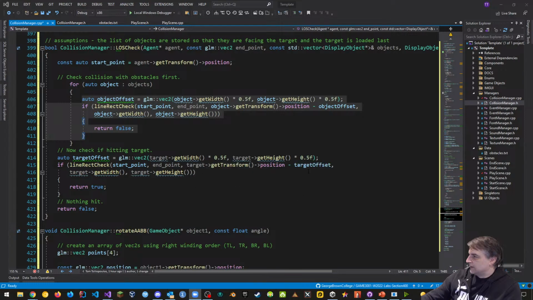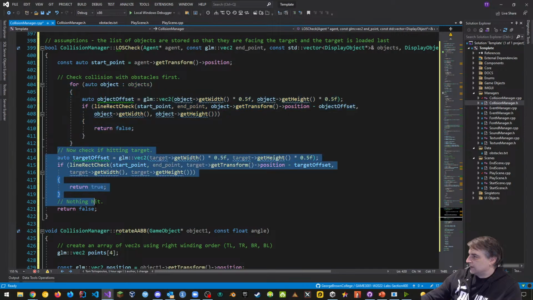And then we're drawing the same line rect check right here, where if this line rect check is true, now if we're hitting the target itself is true. So if I'm still hitting the target, if I've passed this check, this checks all the obstacles inside of the obstacle list. And then, okay, fine, we checked through this, it's not intersecting with any obstacle.